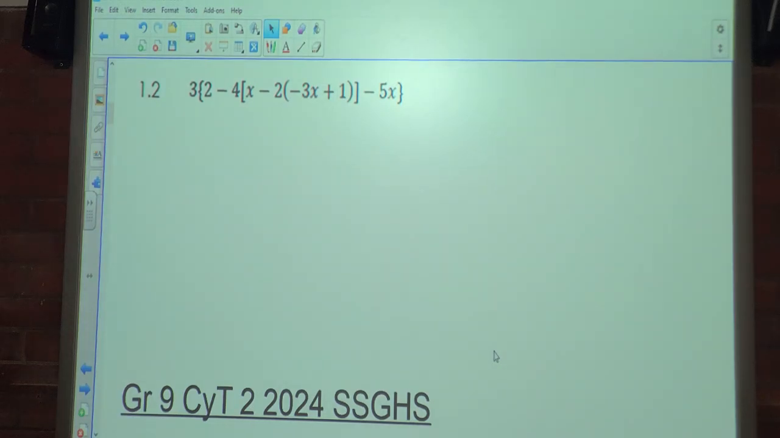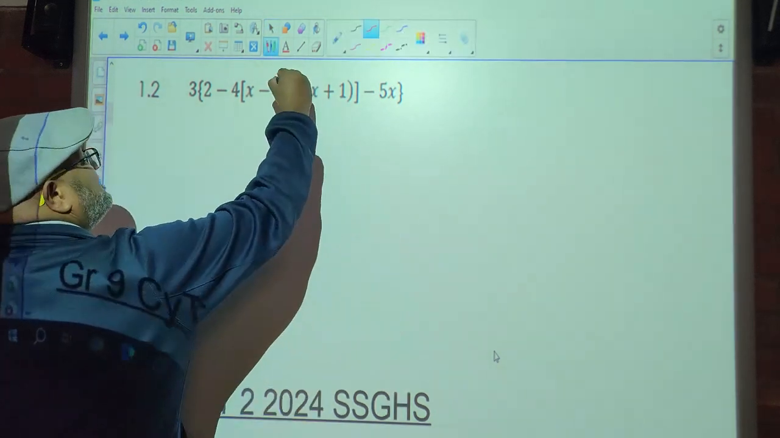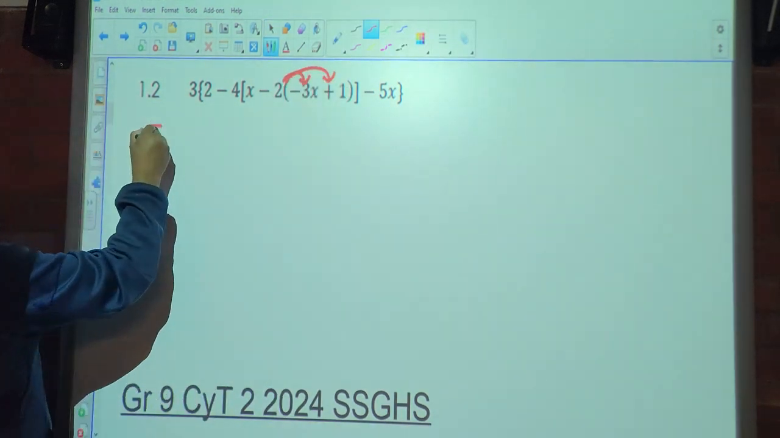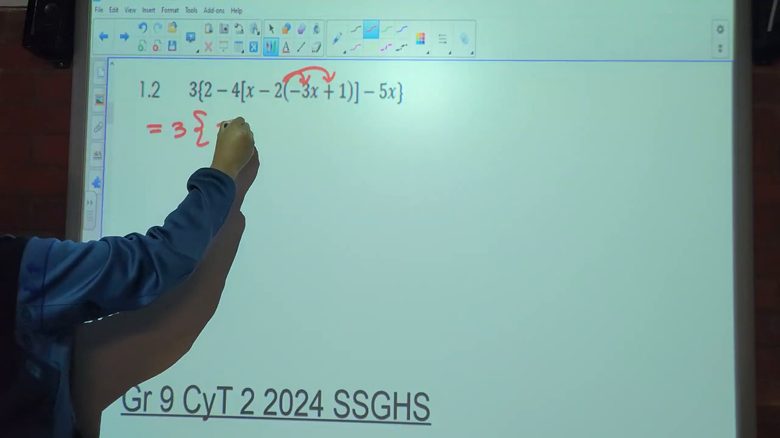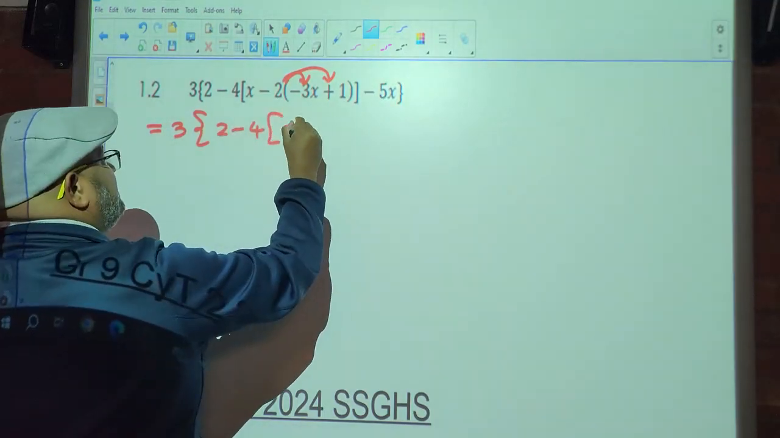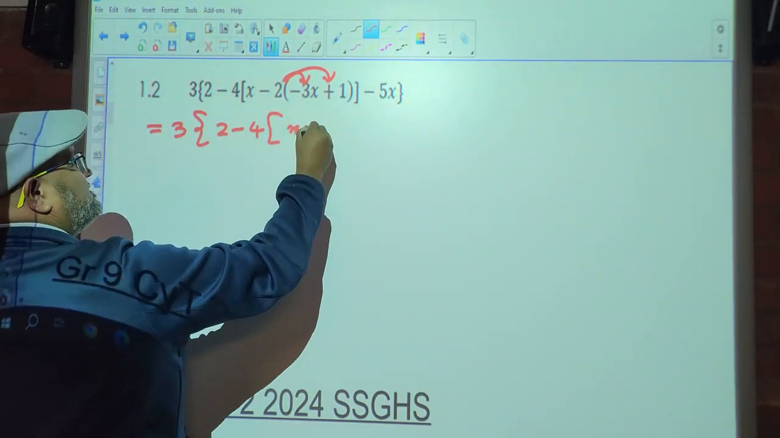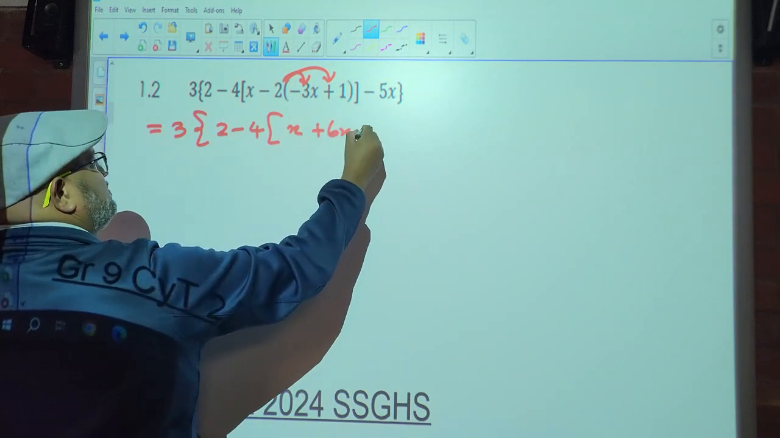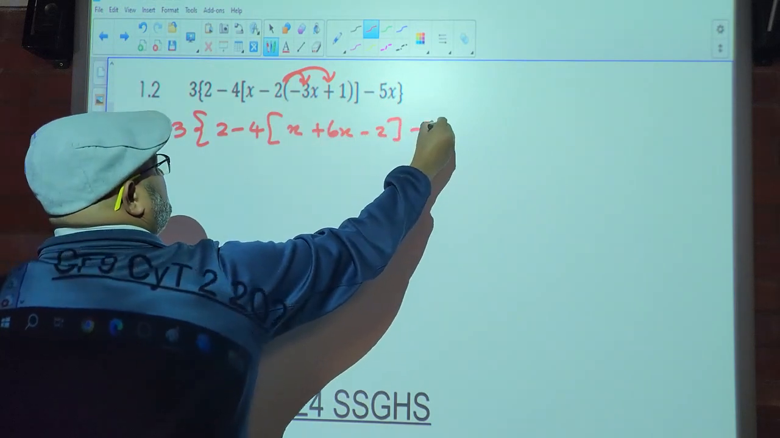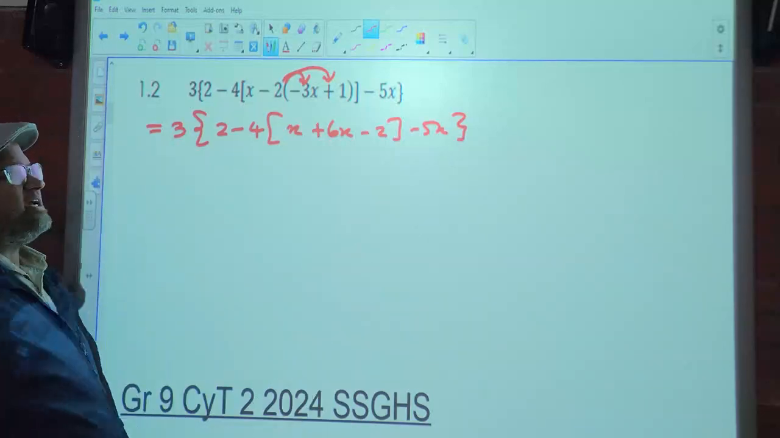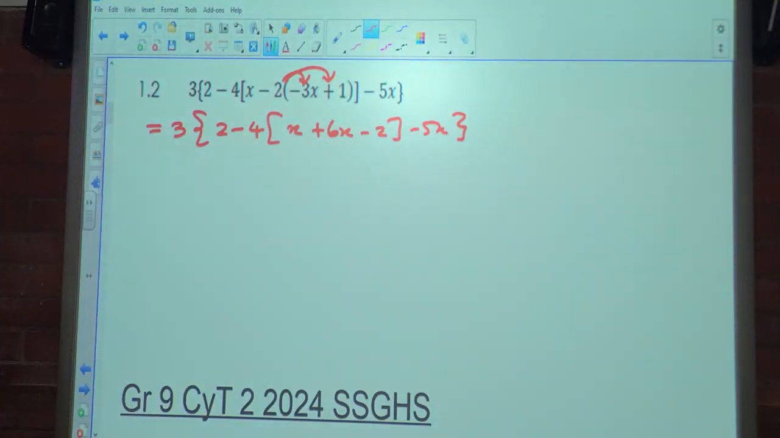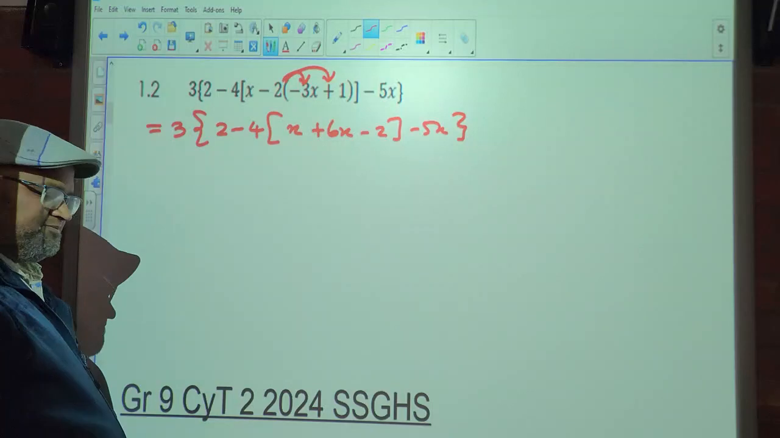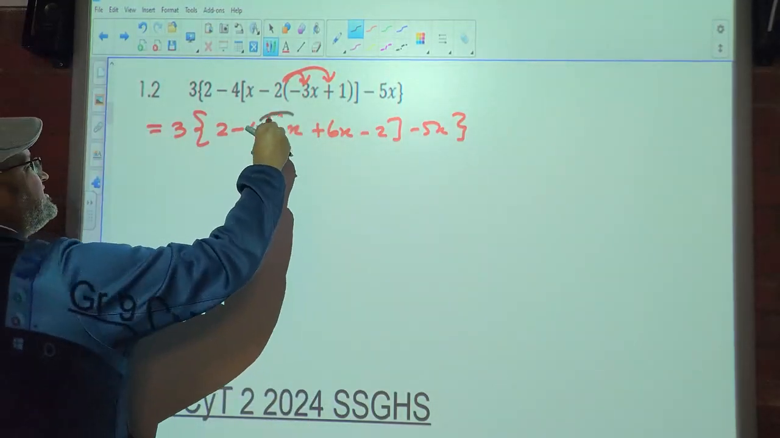Right, so what do we do? We do the most inner bracket first, not so. Multiply that. I get 3 into 2 minus 4 block bracket x. Negative 2 times negative 3x is positive 6x. Negative 2 times 1 is negative 2x. Now I can do one of two things. I can either add like terms or I can multiply it out. So I'm just going to multiply it out all the time. Alright. Which now gives us